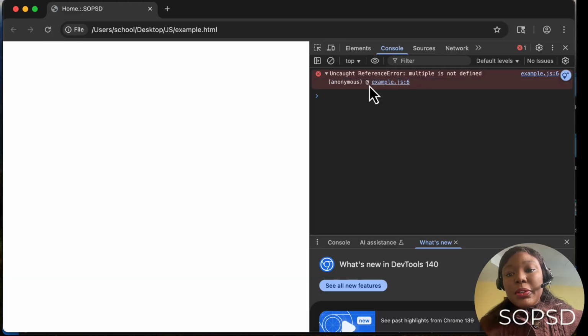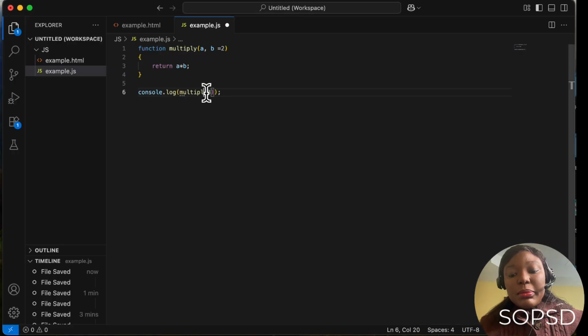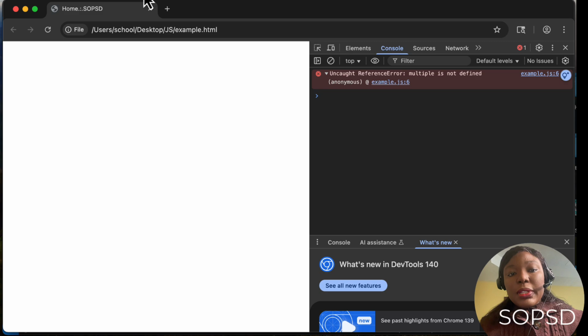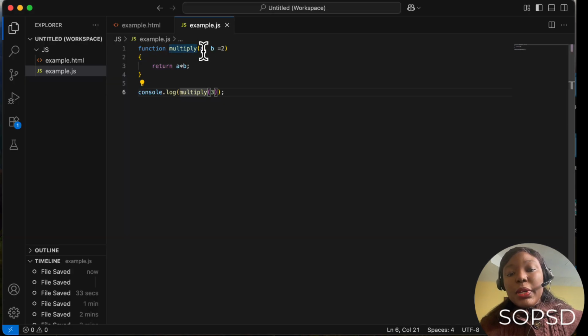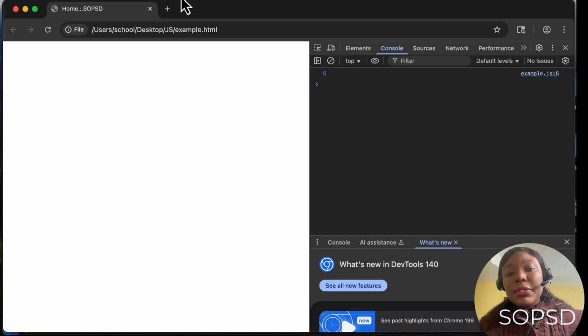and we have an error because multiple is not defined. We have the function multiply, so we put the function name correctly and we refresh and we get 6. Now we have 6 because we supplied the value for a. b has a default value of 2, we didn't supply it, but we can override this by saying b is 4 now, and so it will ignore this default value and it's going to do 4 times 3, which will give